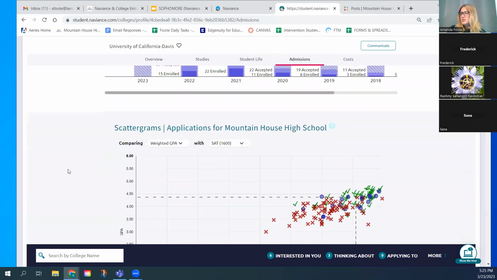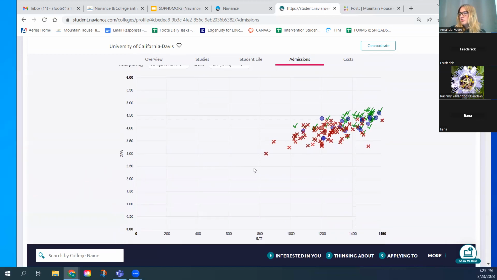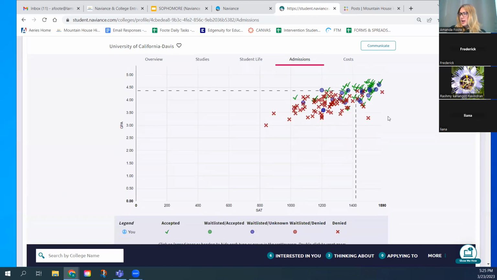All right, if I scroll down, it's going to show me the scattergram. The scattergram has these red X's. It has green checks, purple circles, and a few other circles, green circles and red circles. So these X's are all students that applied and were denied. Our green check marks are going to be students that were accepted into the campus. A purple circle means they were waitlisted. And then if you see a green purple circle, it's waitlisted, accepted. Red circle would be